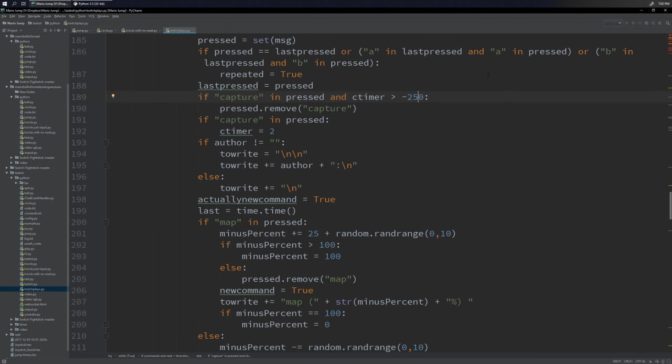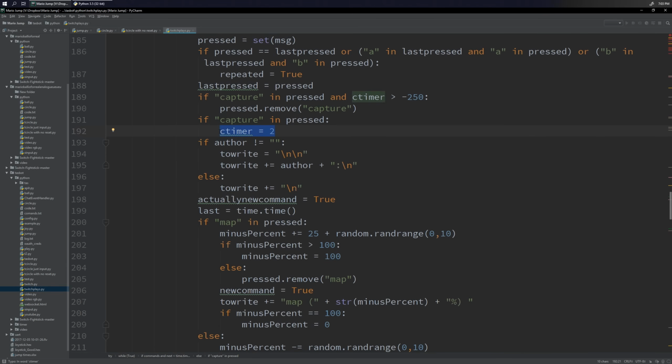Numbers should count up. Yeah, usually. Numbers should be positive whenever possible. This number is not. This number starts at 0 and counts down. Because then you have to have this greater than, right? And that's backwards of how you'd think about it. It actually looks like that number is 2 and counts down, if you look. Oh, yeah. That's right. It doesn't reset to 0. It resets to 2.